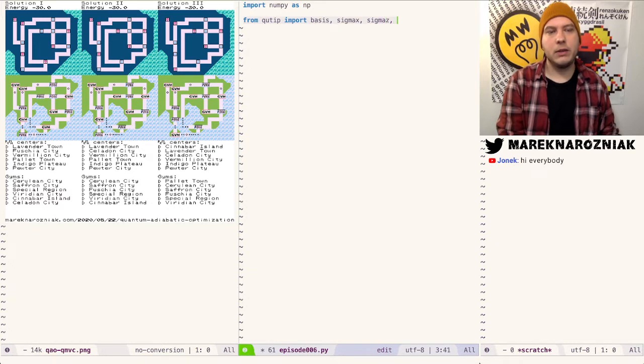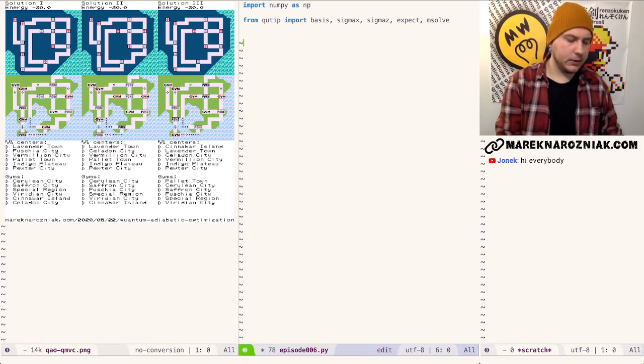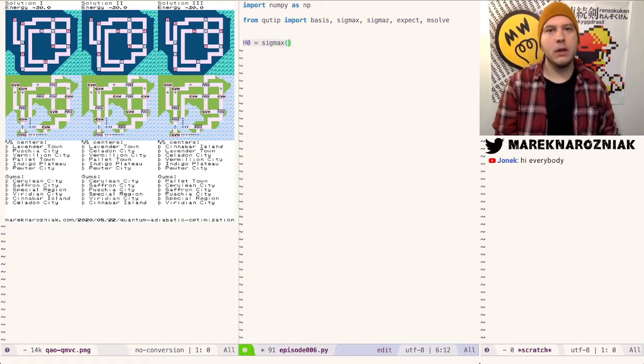And we will not need tensor because we will just work with a single qubit today, but we will definitely need expectation value. And I guess that's it, not sure what else. Oh, and mesolve. Yeah, mesolve. And okay, so our initial Hamiltonian is going to be sigma x, and our final Hamiltonian is